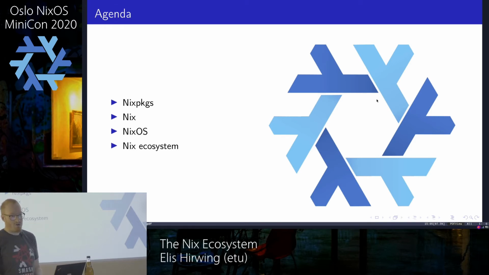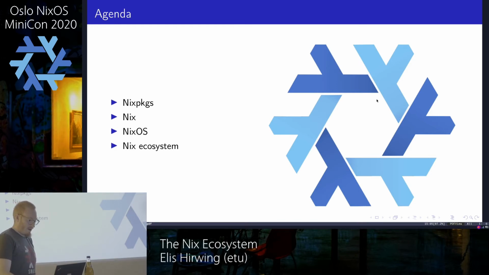Before we start, I would like to mention a bit about Nix, because it's easier to get what Nixpkgs is about if you know something about Nix, and the other way around. And Nix is a package manager that builds packages from descriptions, like most package managers, but it's also aiming to be very declarative. You will see more about that.